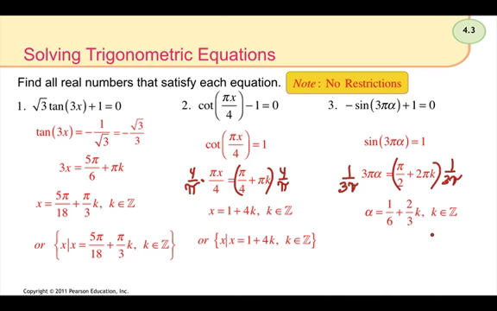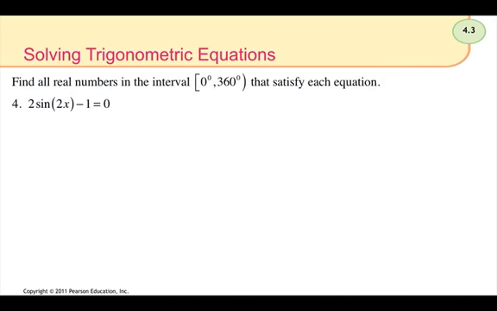Here's number 4. It says find all real numbers in the interval 0 to 360 that satisfy the equation. So here's a problem. Eventually we're going to have to solve for x. But before I do that, let's highlight a key part of this problem, which is we need to identify that we do have restrictions and answers have to be within this restriction here, 0 to 360, not including the right